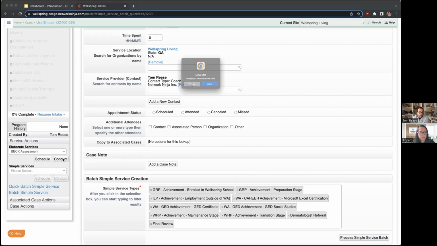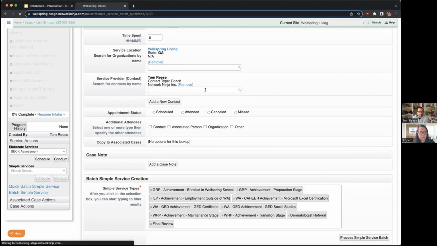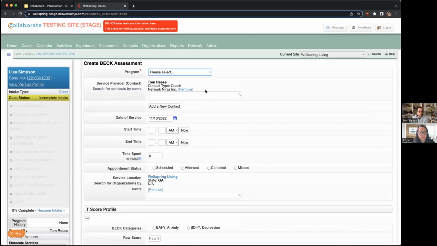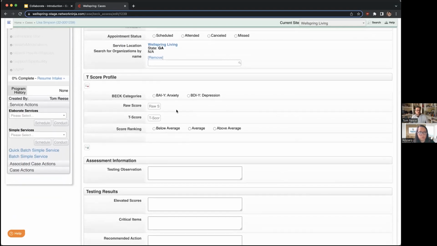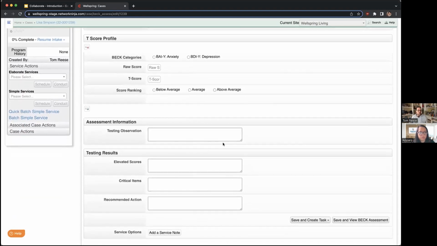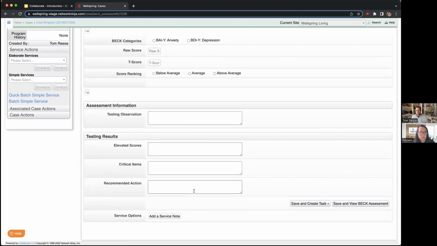I'll go ahead and show you one example. This is a back assessment, a clinical assessment that's built into Collaborate and also customizable for you. So I can add my T-score profile, add some observing information, different testing results. We can do things like automatic scoring in these clinical assessments and these elaborate services as well. So that covers intakes, services, different types of services that you can have and how they can be customized in